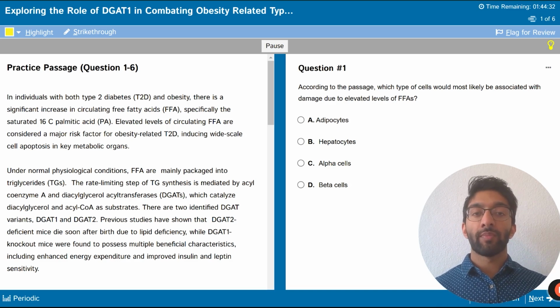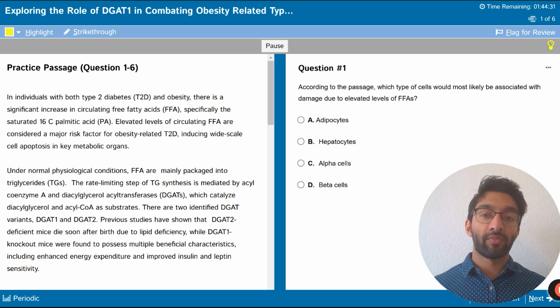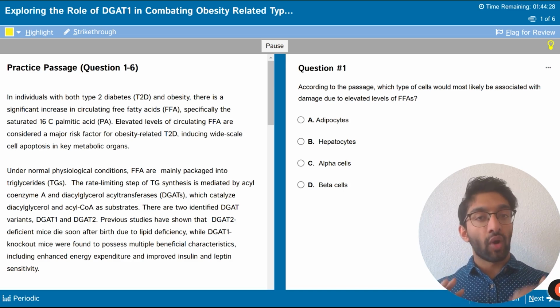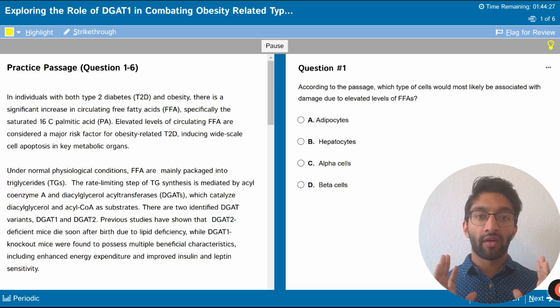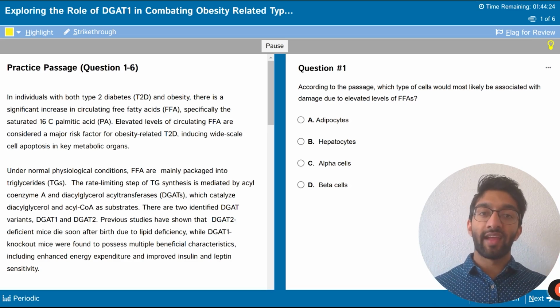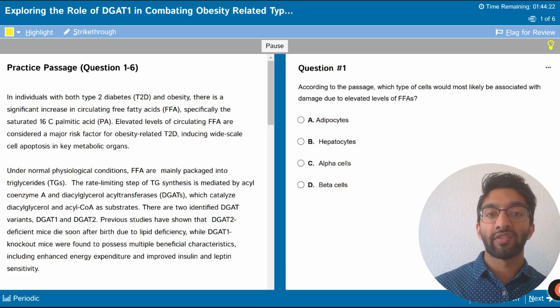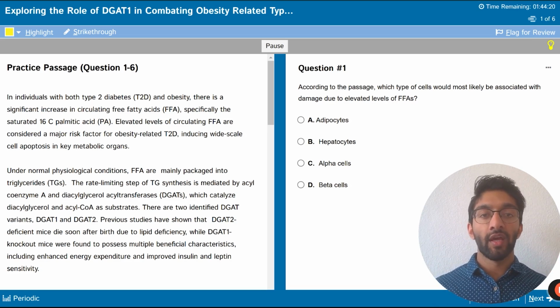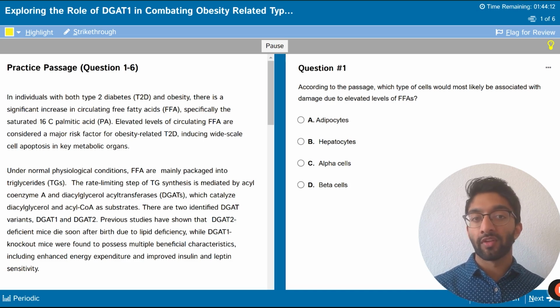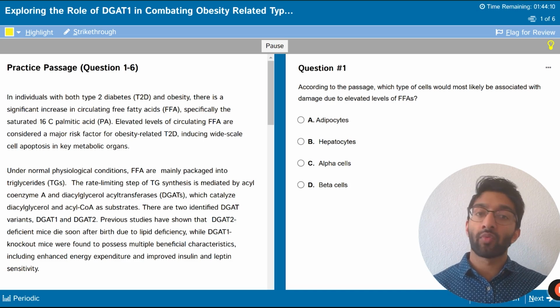So just keep in mind, okay, this is going to be a passage about diabetes and obesity, so I should narrow my content focus to these areas so that when I go to answer the questions and they're asking something more specifically about something that could happen in the body or something health-wise, I know, okay, maybe I could pick an answer choice that has something to do with obesity or diabetes if I'm lost and I don't know where else to go.